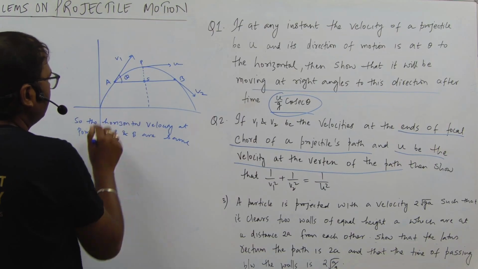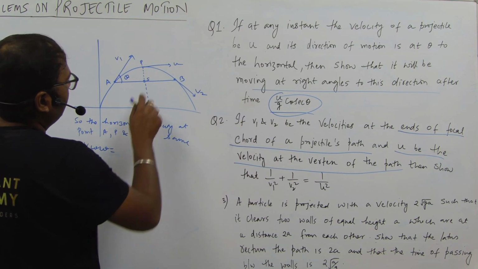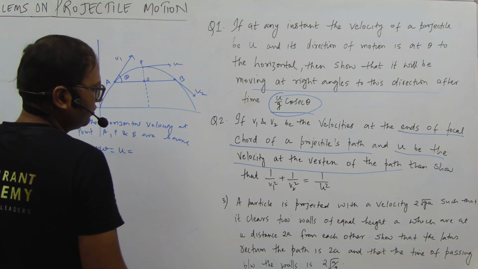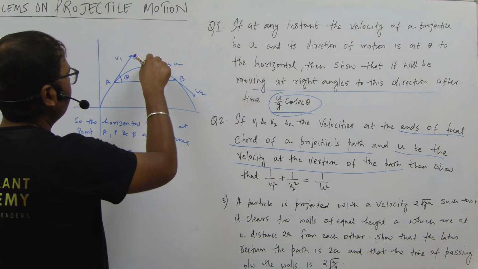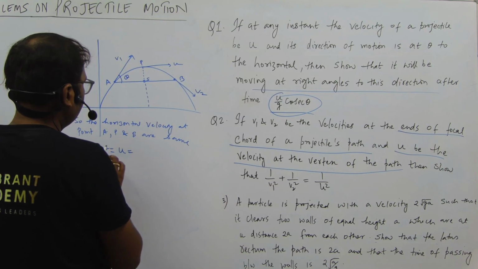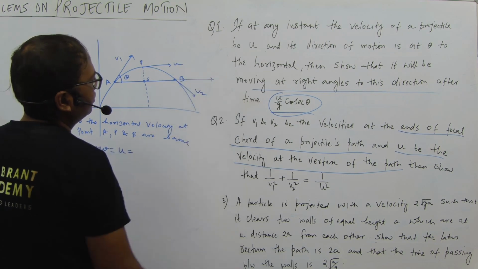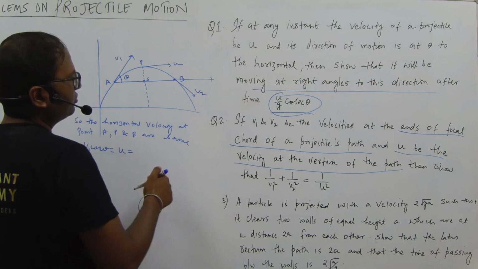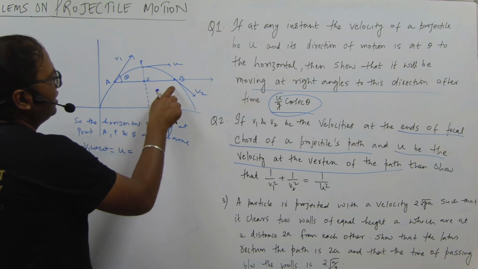The horizontal velocity at point A is v1 cos theta, and at point P the horizontal velocity is u, because at the vertex we have no velocity along the y direction. So v1 cos theta is equal to u, which is equal to the horizontal velocity at point B. Since A, S, B is the focal chord,